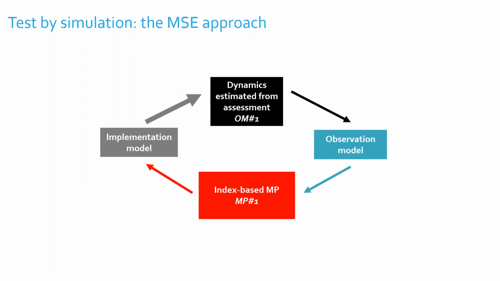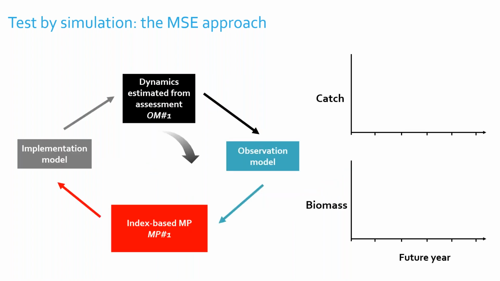Of course, this thing goes around in a loop. We're going to do this in the future. We're going to go around in a circle, allowing data to be sampled from that operating model, us to provide advice, and that feeds back, just like it does in the real world, into our dynamics. And we can monitor things like catch and biomass. As we go around, we've got an annual record of what really happened, the catch that was really taken, the biomass in the real world, in the simulation, as it were. In this simulation, we can see what the outcome was. And so we just carry on going round and round into the future for a number of years, testing this